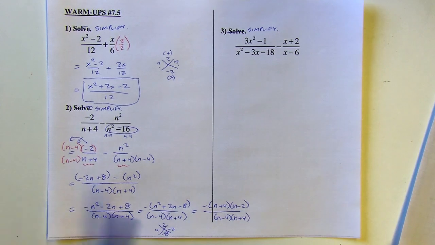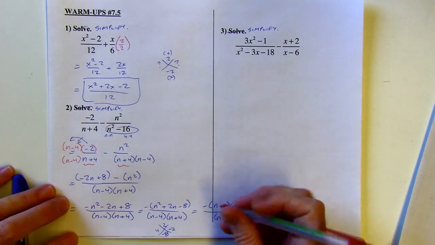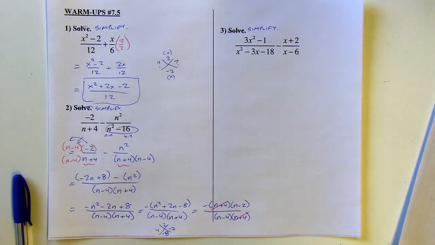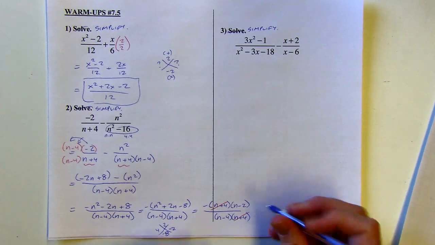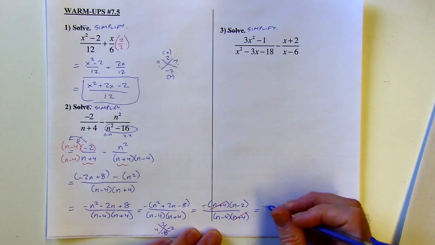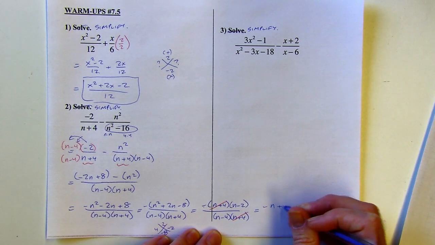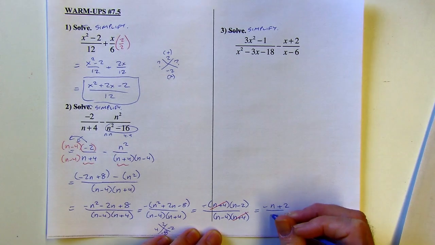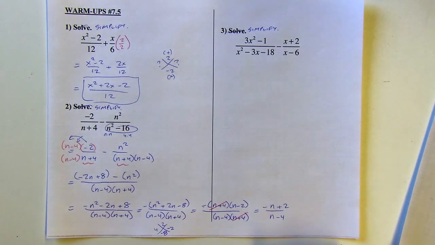And now I can see that there is some reducing that I can do, right? And don't forget about the negative out here. So when you'd probably multiply that, you could leave it, I suppose, factored out. But if I distributed it back in, it would look like this. Okay. And then I also need to give a shout out to n plus 4 over here that got canceled